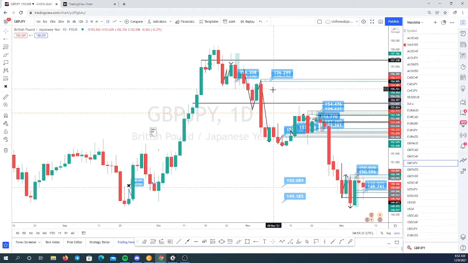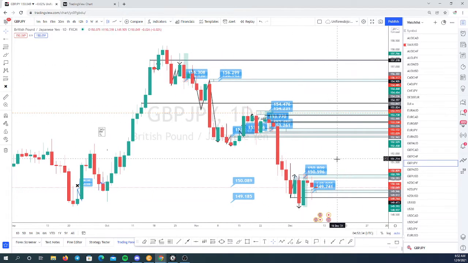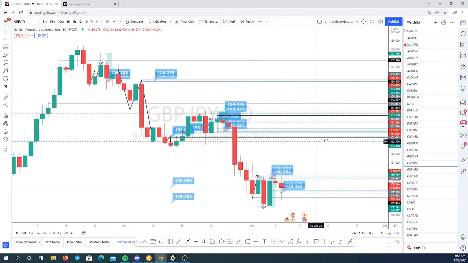Something scrambled my screen, so my mouse just keeps hopping onto other